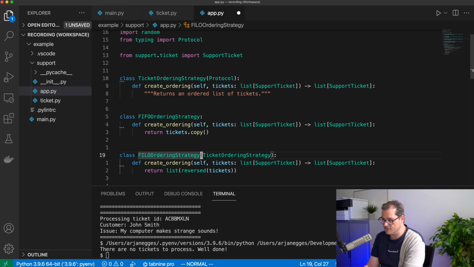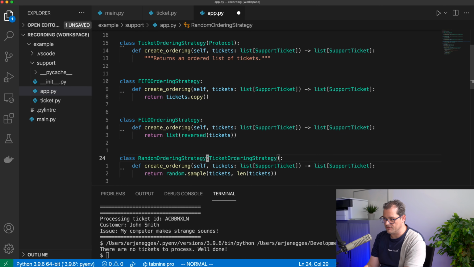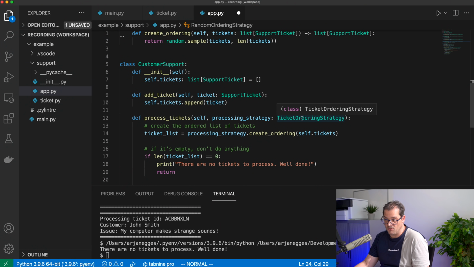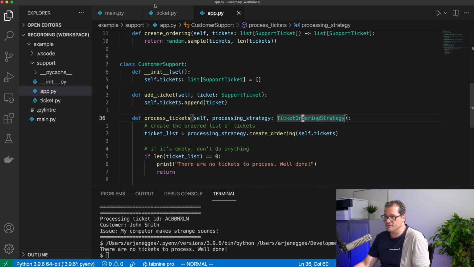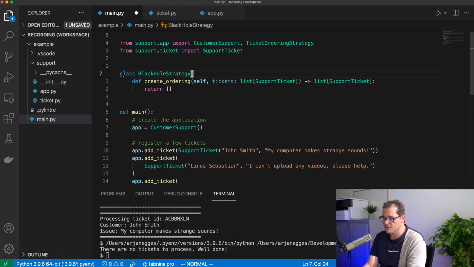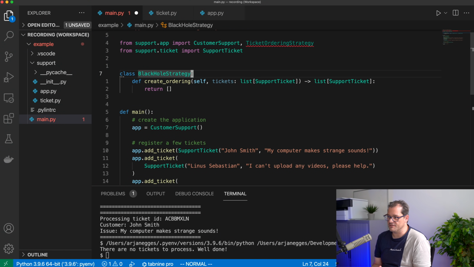So let's delete the inheritance here, and I'm going to do the same thing here and also the same thing here. So these classes no longer directly inherit from ticket ordering strategy. I don't need to change anything in the customer support class because it's simply expecting a processing strategy of this type. So that's all there is to it. And now in the main part, because ticket ordering strategy is a protocol, I don't need to inherit here either. So I can just write the black hole strategy class like so. And that means I can also remove this